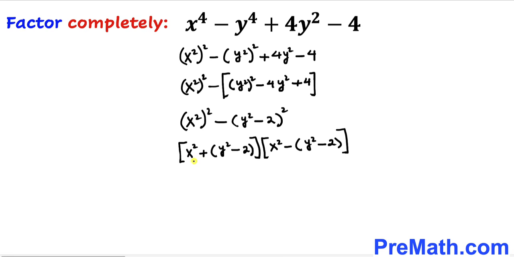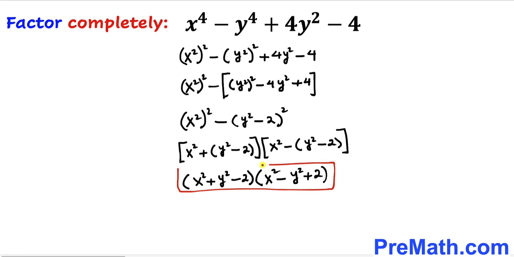And now let's focus on this part over here. We could write this one as x^2 plus, and since we have a plus sign outside, it's not going to make any difference, so we can write y^2 minus 2. And now we are going to multiply by x^2, and then we got a minus sign, so we have to be very careful. So minus, and then this becomes y^2, and this negative becomes positive 2. And these are our complete factors